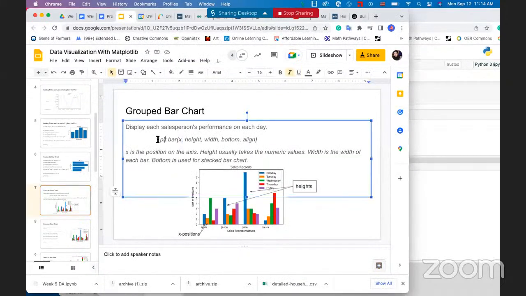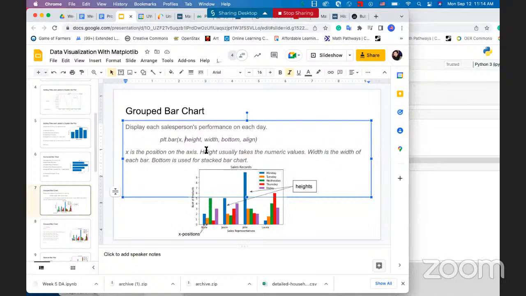So this bar plot method really has more than just 2 parameters. In the first plot, we only use the 2 parameters, and here actually there are more parameters. The first one is the x-axis, and this is what we use. The x-axis sets up the x position of these bars. So in the first case, we only gave it the names. However, in this grouped bar chart, we had to give it